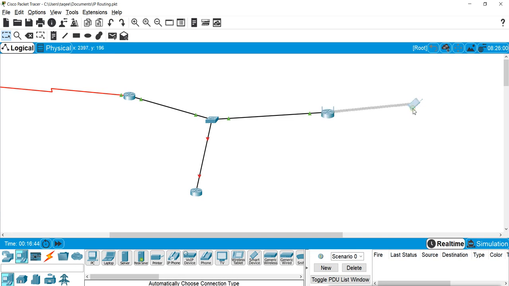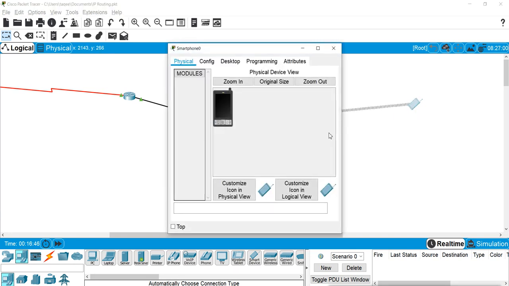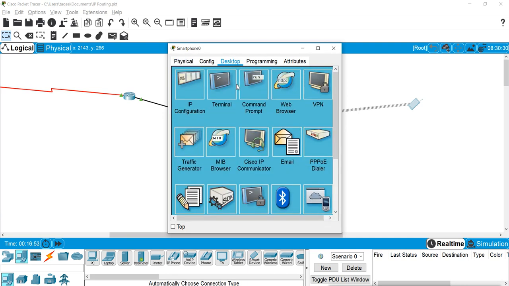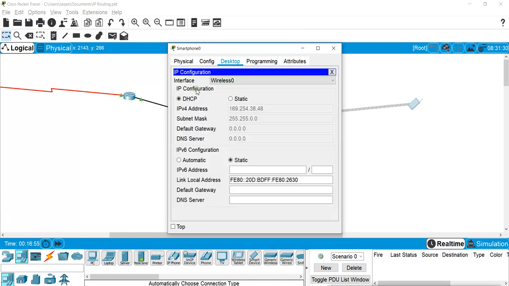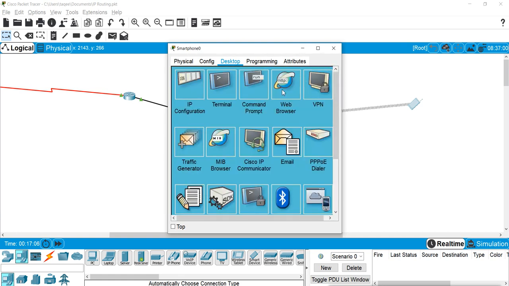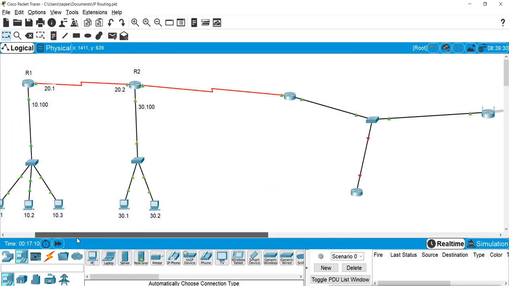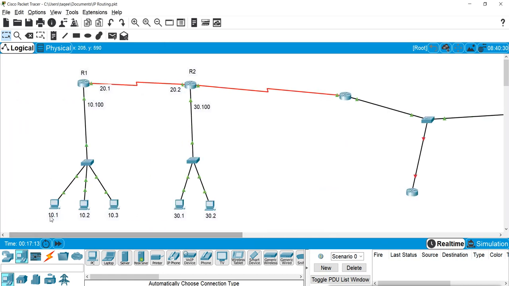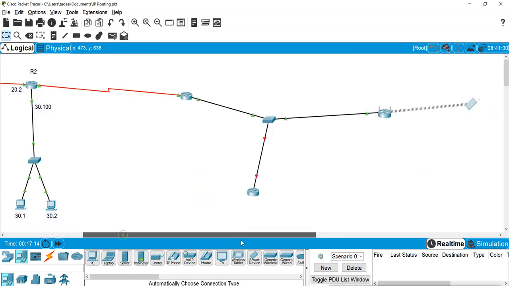It is connected. And it can access the devices from the other side. On the other side, we have these machines, this network. Let's try to connect to this subnetwork.